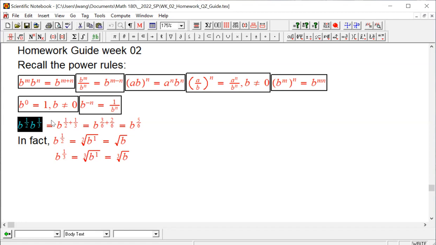You can see this operation: if we use the power operation, the root operation can be carried out this way. Okay. Now you can see there's a transformation between fraction power and exponential form. In general,